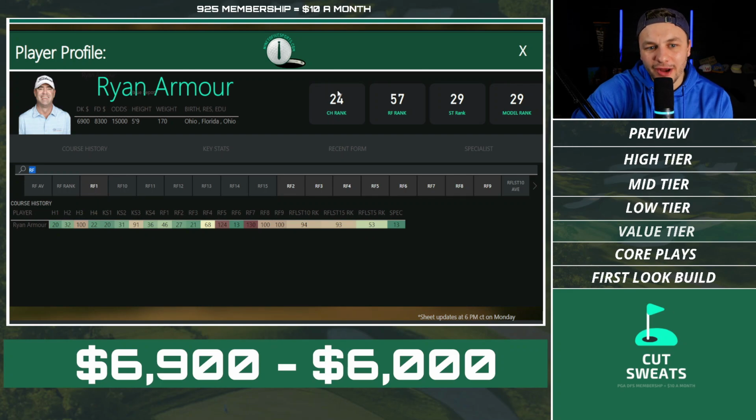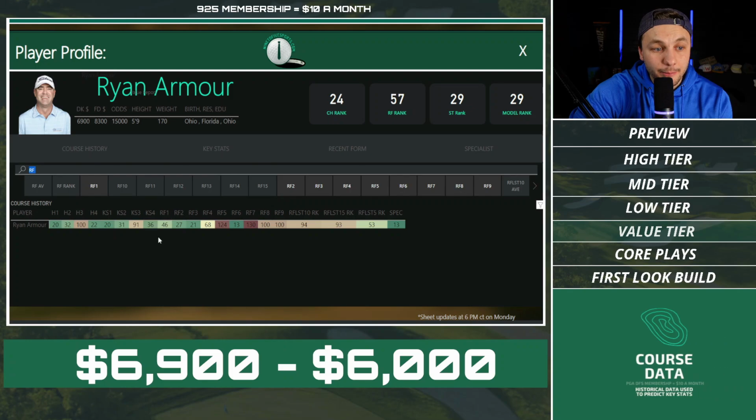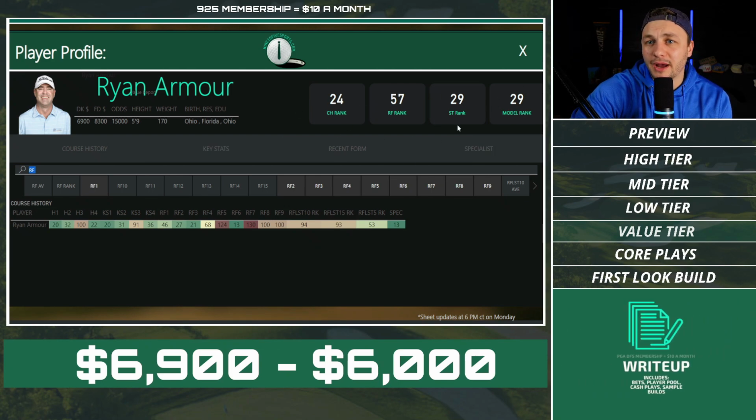And that would be Ryan Armour here. You know, it does rank out top 30 in the 9-to-5 model. That's because of the better recent form, and that's because of the good course history. Stat fit wise, not terrible as well. Like if we get this version of Ryan Armour, did I just combine Brian Harmon and Ryan Armour? Interesting. If we get this version of Ryan Armour, we should begin to make cut, which is something at 6.9